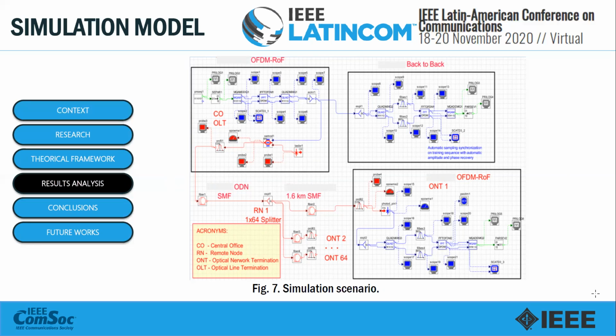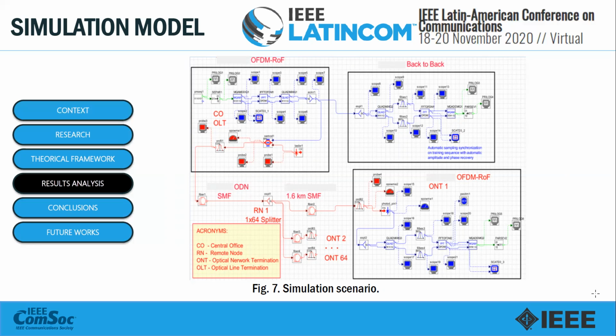The first, on the top, you have the back-to-back simulation scenario, or the back-to-back scenario as a reference. But you can connect the transmitter with the receiver using the infrastructure with the fiber, based on the XGS-PON standard, but containing only the downlink, and overlaying OFDM with this infrastructure of